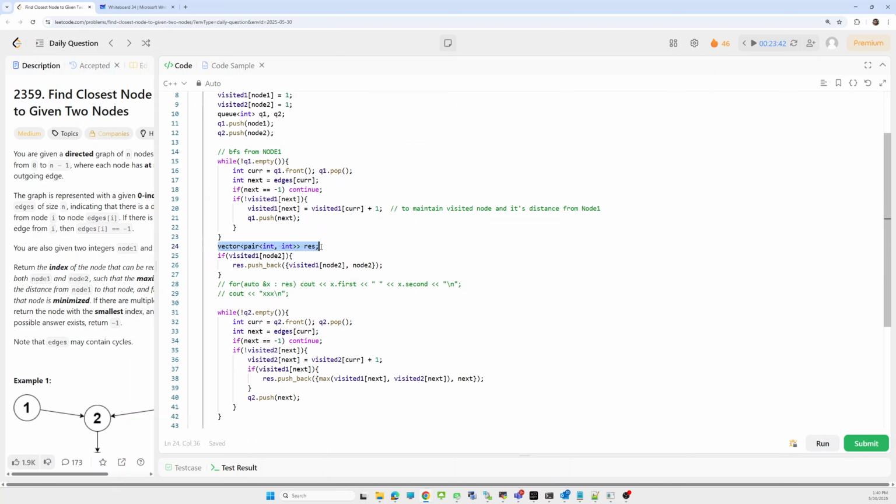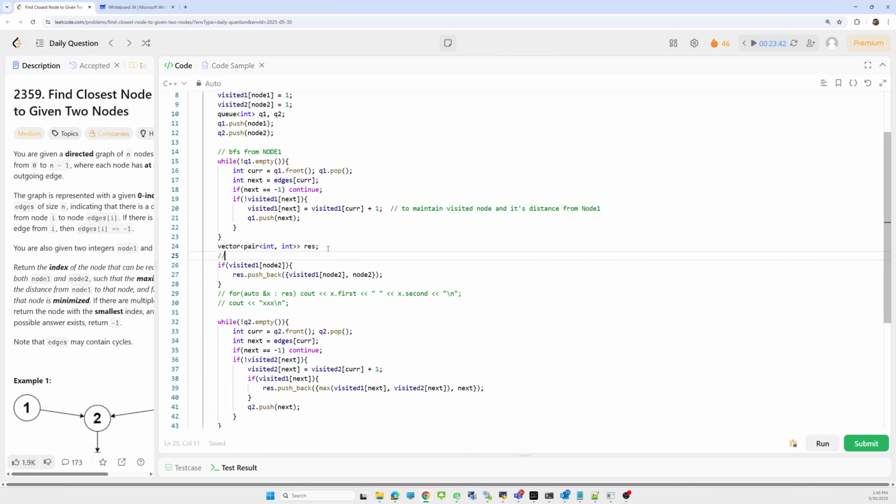Similarly, we'll create a list of nodes which are visited from both nodes. In the resultant list, first we check whether node 1 has visited node 2. If node 1 visited node 2, then how much distance will it take? So we have to update the resultant list.